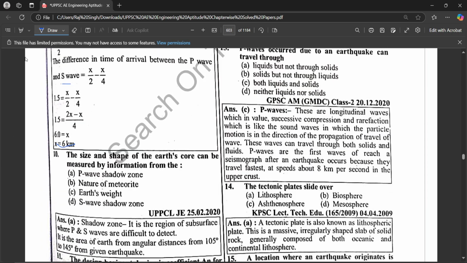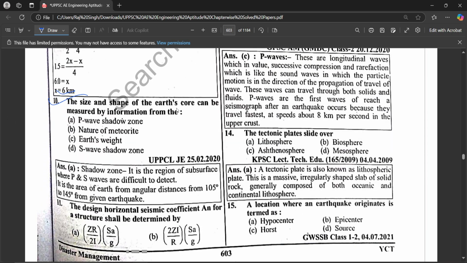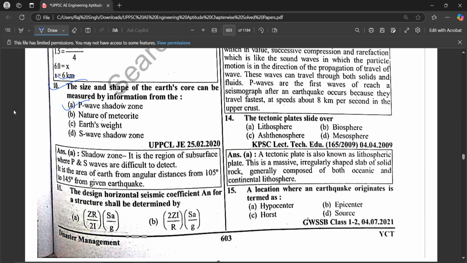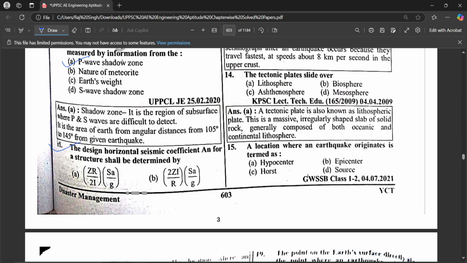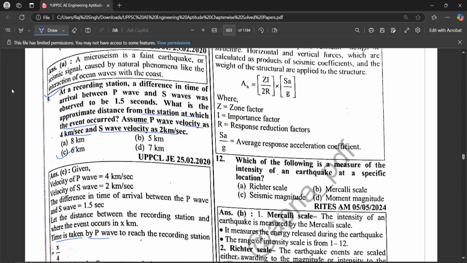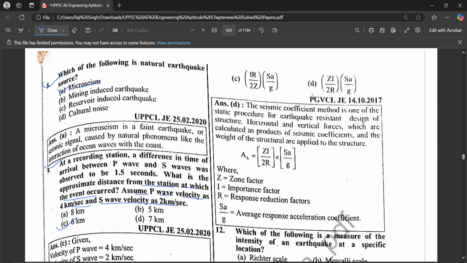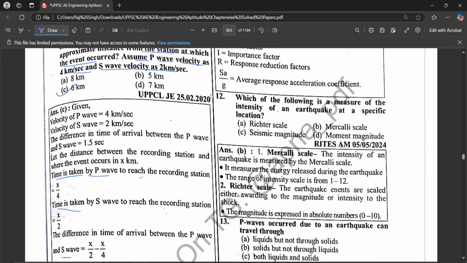The size and shape of the earth's core can be measured by information from the P-wave shadow zone. The design horizontal seismic coefficient for a structure shall be determined by using the formula ZI/2R into Sa/g. ठीक है, नेक्स्ट क्वेश्चन देखते हैं. Which of the following is a measure of the intensity of earthquake at a specific location? पता है मोमेंट मैग्नीट्यूड. ठीक है, सॉरी, मर्कल्ली स्केल. ठीक है,